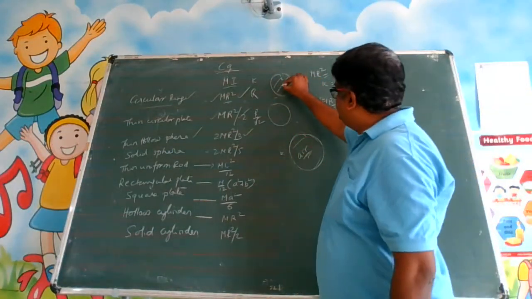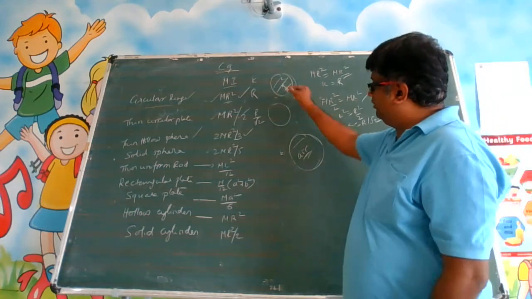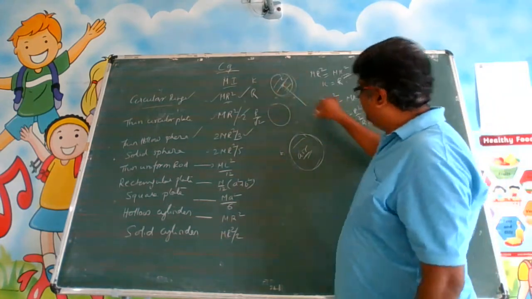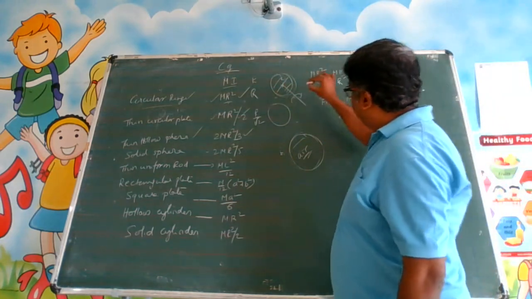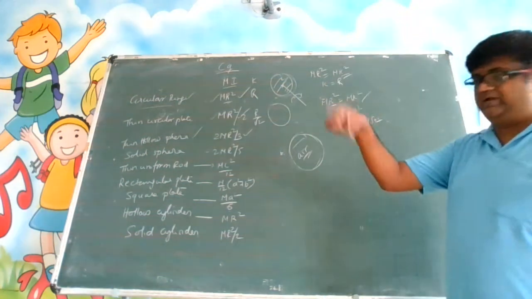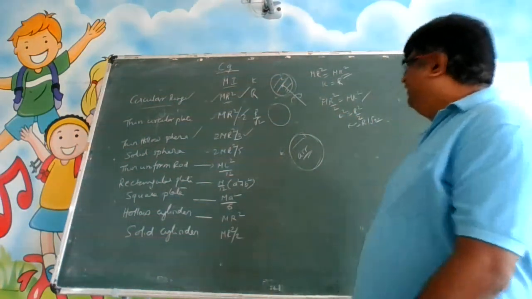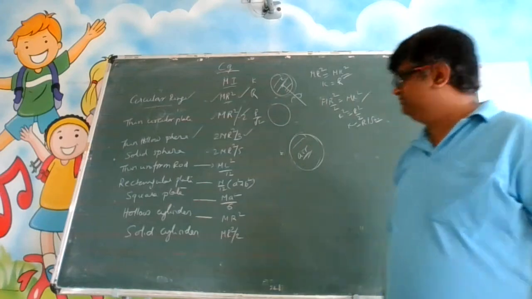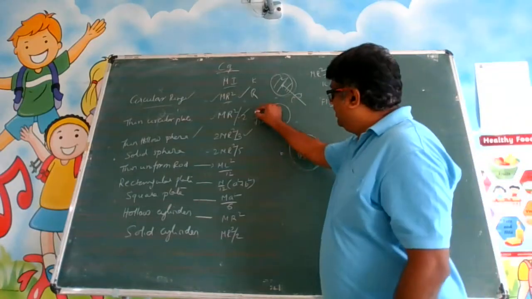So you have to imagine, let us say one axis is like this. I cannot show on the board, so I am drawing like this. So this is rotating like this. Okay, it is rotating like this, like how we rotate a sparkler. So this is r by root 2.